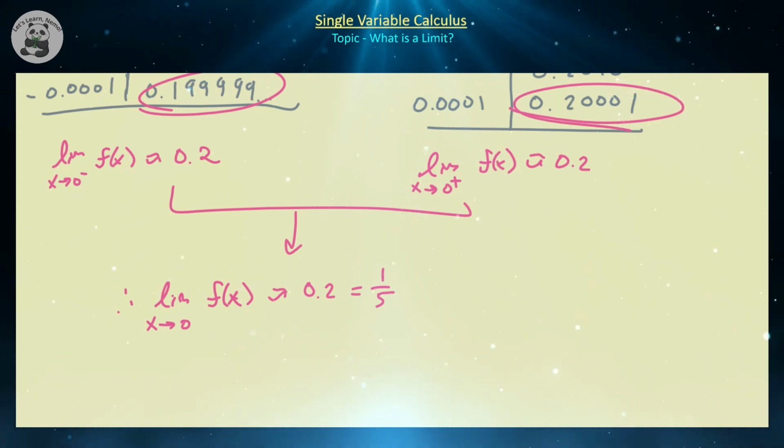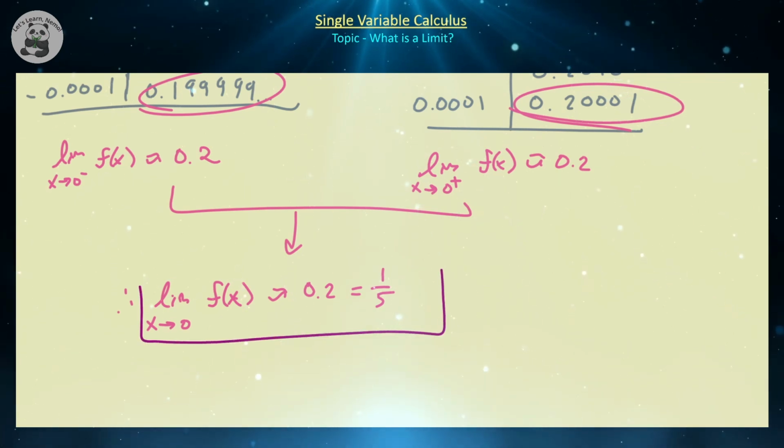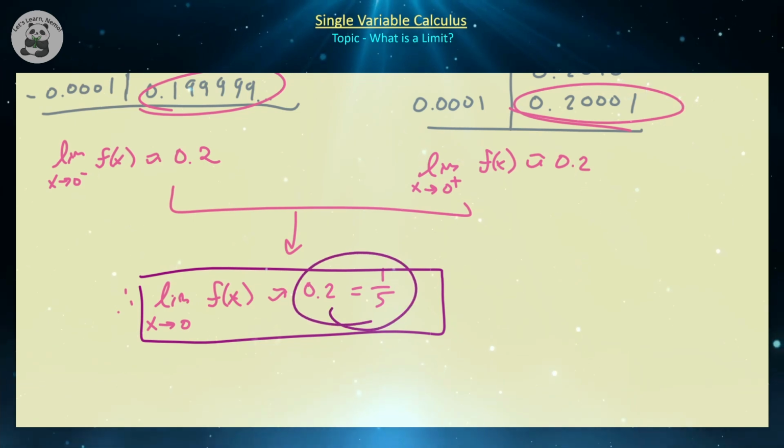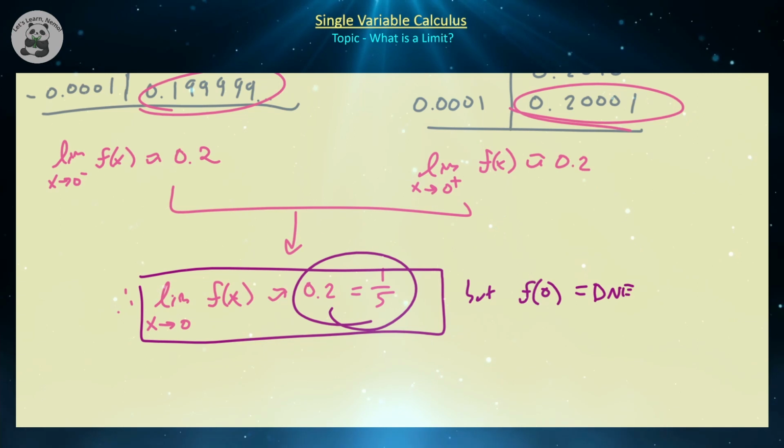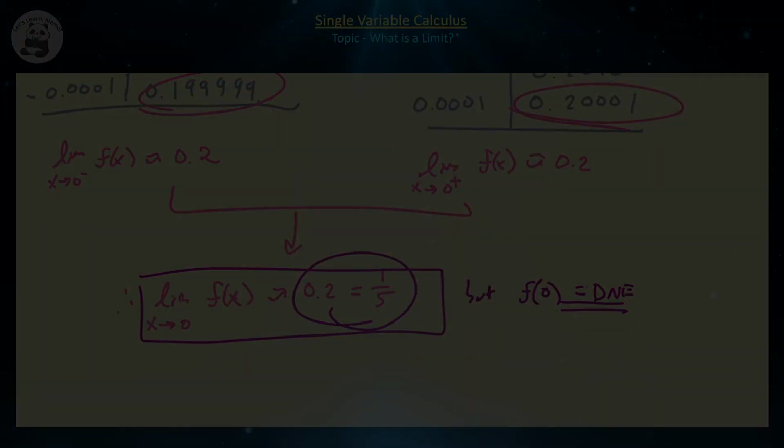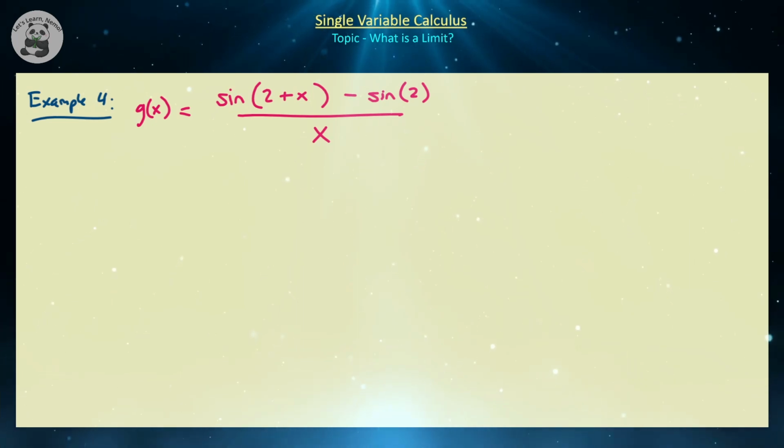Now, again, this is just a conjecture, but one can show later on with some more advanced tools that this is indeed the true value, right? So the limit as x approaches 0 of f of x is equal to 1/5, but still keep in mind f of 0 does not exist, right? So just because the function does not exist does not necessarily imply that the limit does not exist, and also vice versa. Let's consider another function example, and let's introduce sine into the conversation just in case maybe you forgot